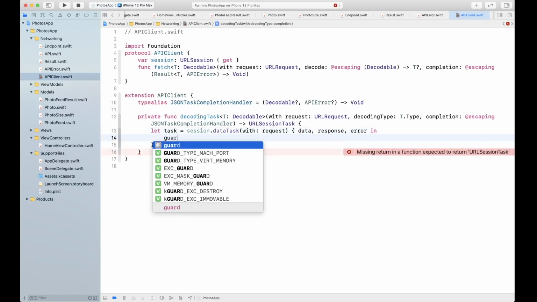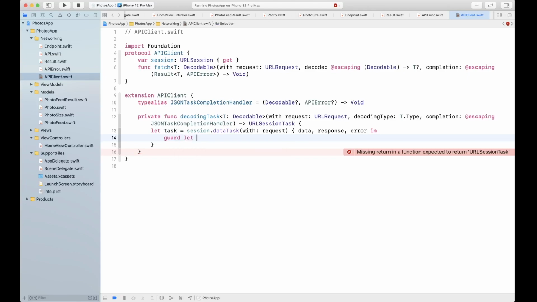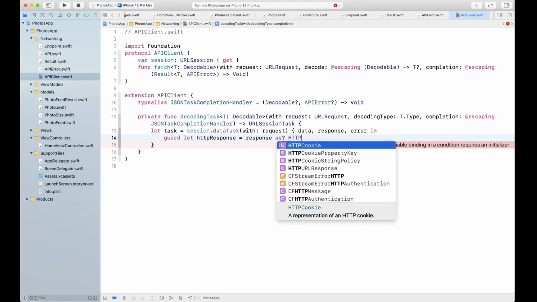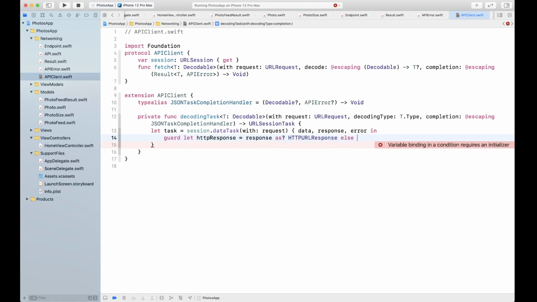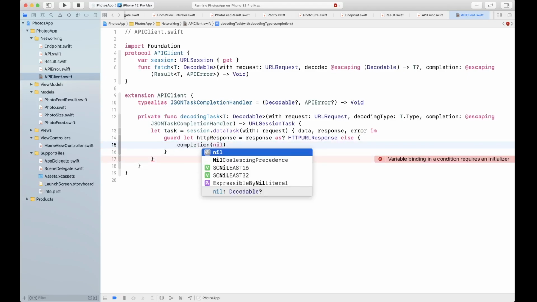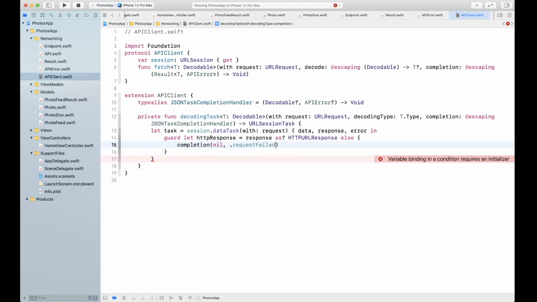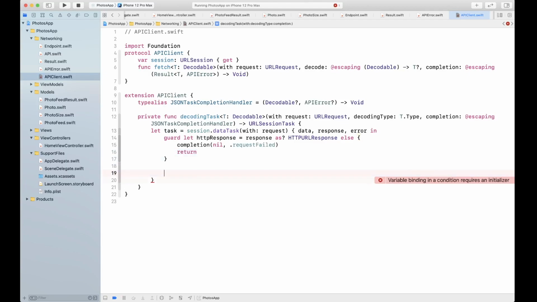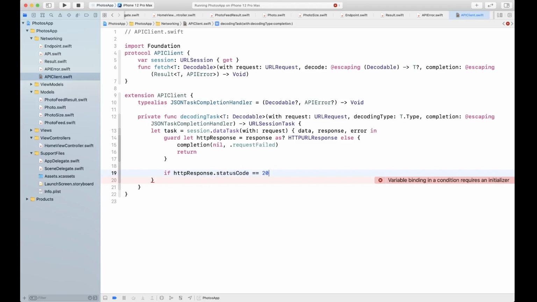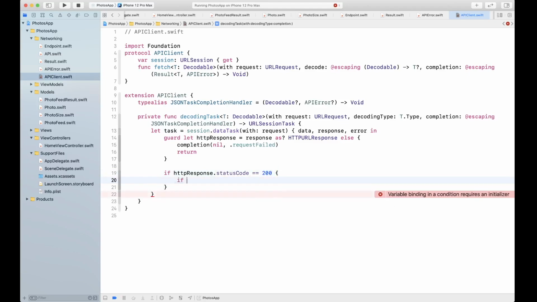Okay, now we're gonna check. First thing is if we can cast the response into HTTP URL response or not. So HTTP response, and here if we can't, then we're gonna pass the completion back with nil, request failed, and we can return from here. Now if the HTTP response status code is 200, everything is okay, then we're gonna try to get